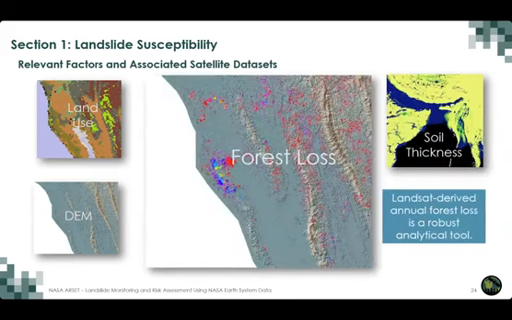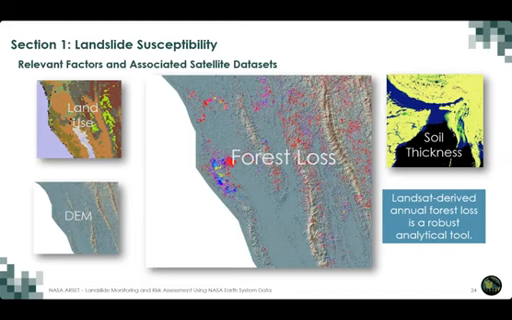As mentioned, land cover is important, but particularly changes in land cover may also influence the stability of a given landscape. If deforestation occurs, a landslide might be more likely to occur in a recently deforested area because the vegetation that has potentially previously been binding a hill slope together is now lost. And so we can assess things like forest loss using a number of different land cover data sets and derived